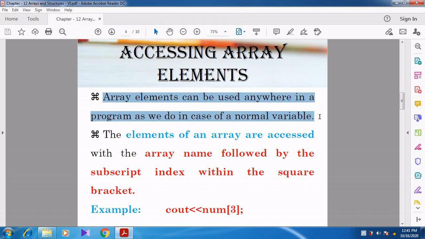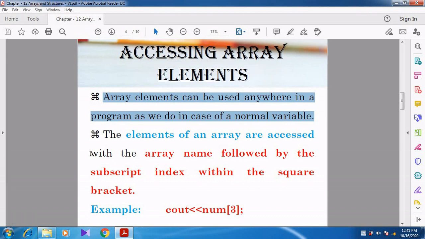If I declare 10, then I can store 10 values, but I cannot exceed more than 10 values. So array elements can be used anywhere in the program. It is like a normal variable.